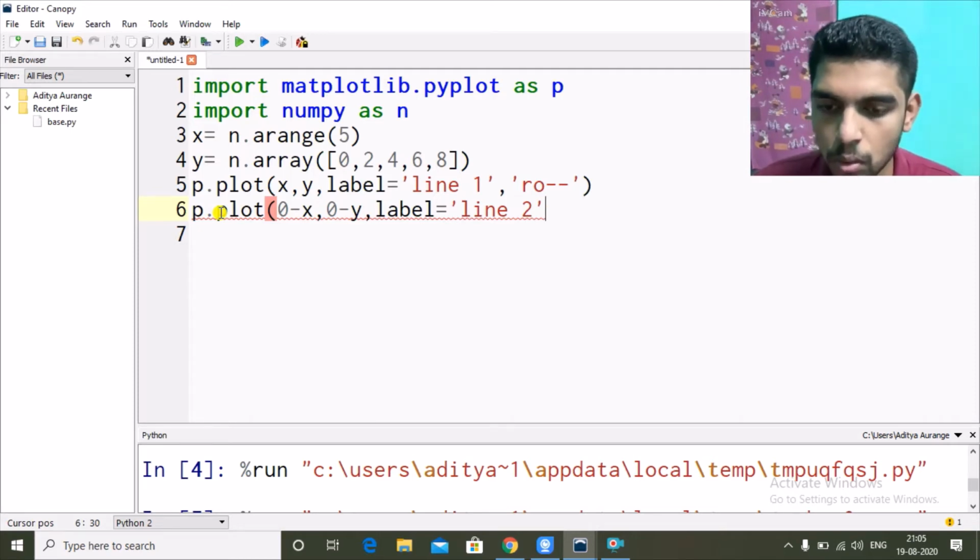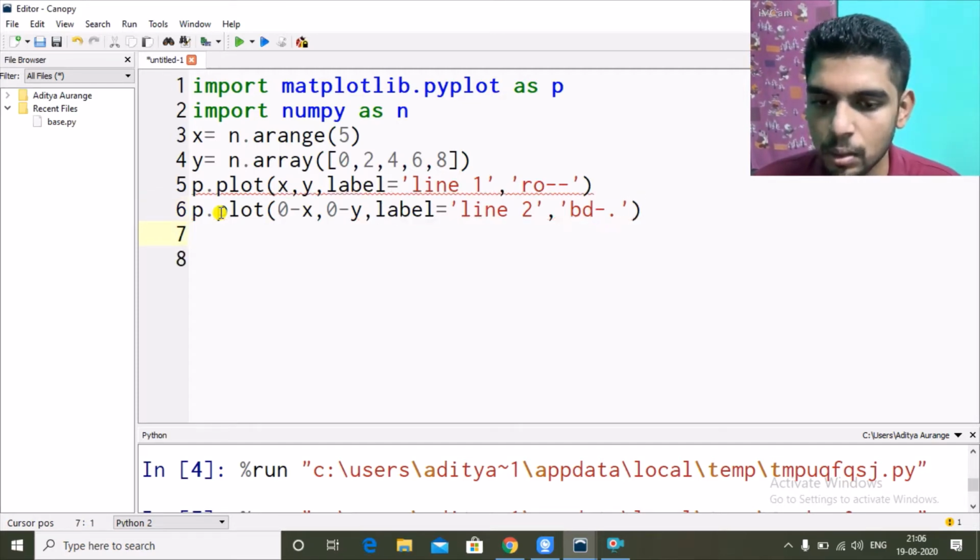Okay, quotes close, comma, then blue, then diamond, and dot dash or dash dot. One of these two, so we will see which one is right. Okay, so it is showing a red line here.